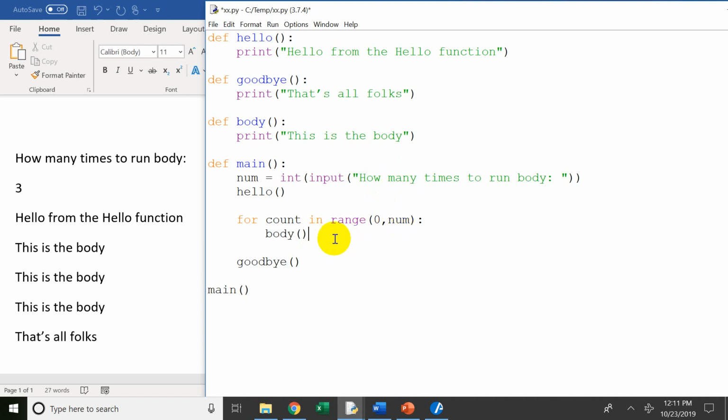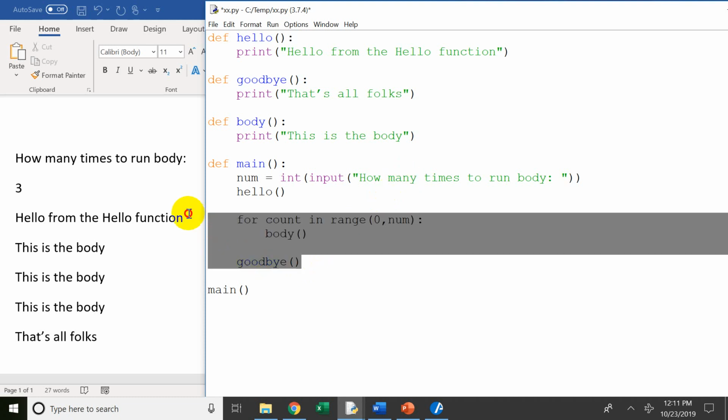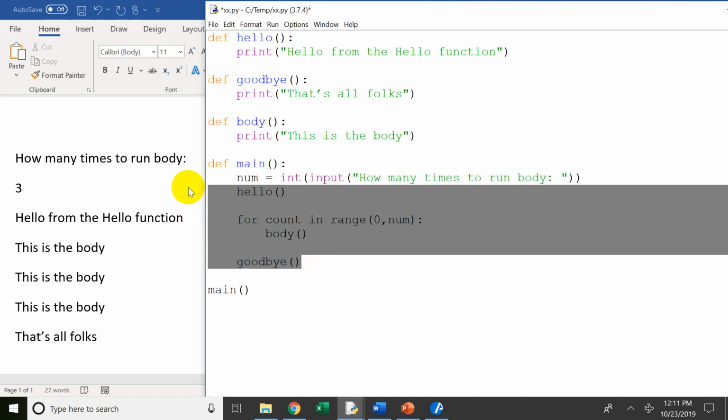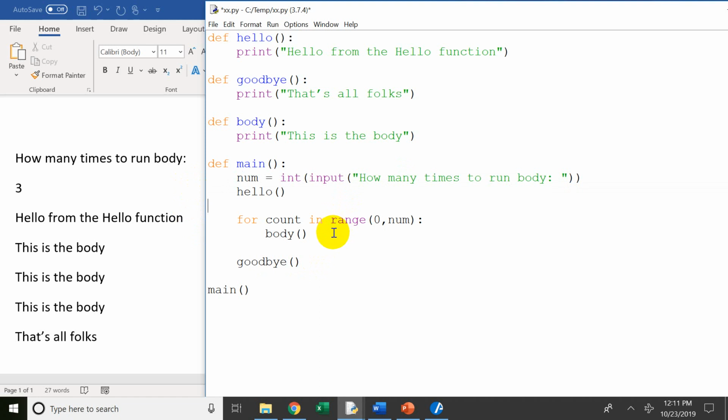So the main function really is this sort of higher level thing that gets some information and calls everybody else. In this particular case, it called body. It did the thing for calling body 3 times, or however many times num was. And note here that I have 3 different calls: the call to hello, the call to body, and the call to goodbye. So again, the way this would work is main would get called, main would run,